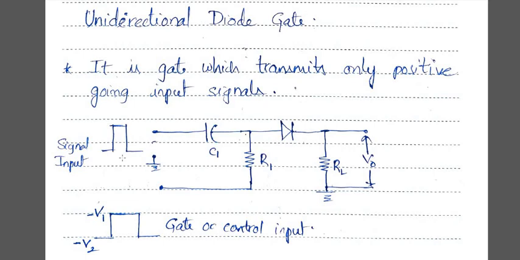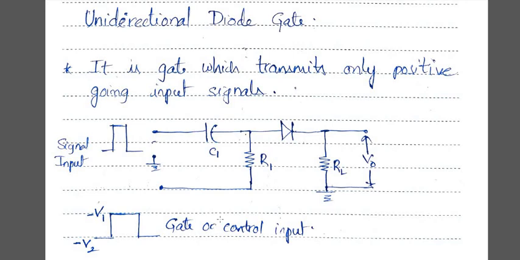So that's the reason we will have some particular pulses which are very short in duration, so that they may transmit your input signals very satisfactorily. So that's the reason we take short input pulses at the input side here. See the width of this particular pulse and this particular pulse. Here we take a short duration of pulses, so that the input may be transmitted very satisfactorily. So I hope you are clear with the operation of the unidirectional sampling gate.